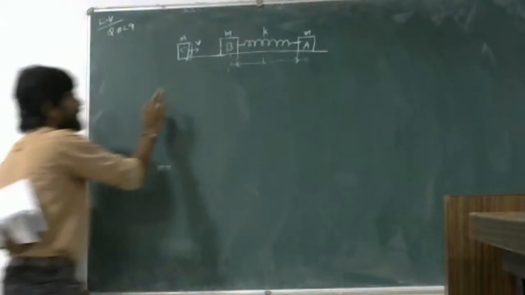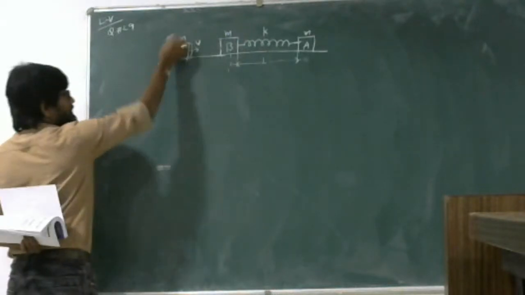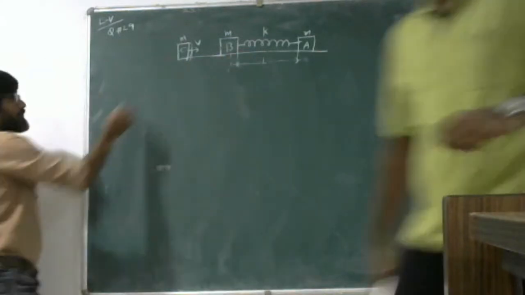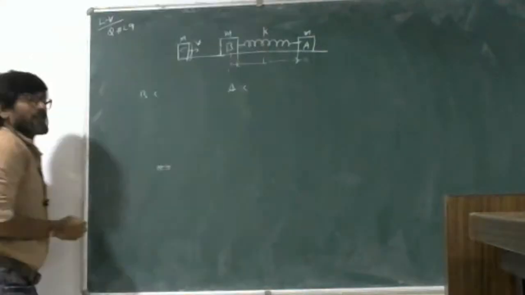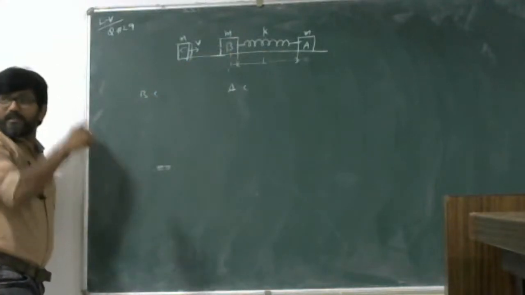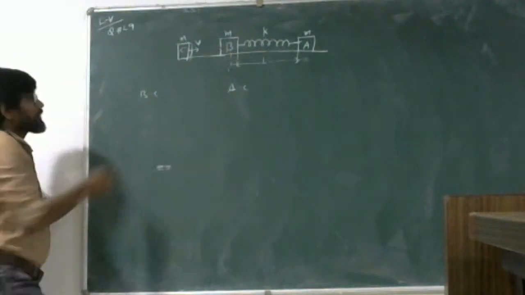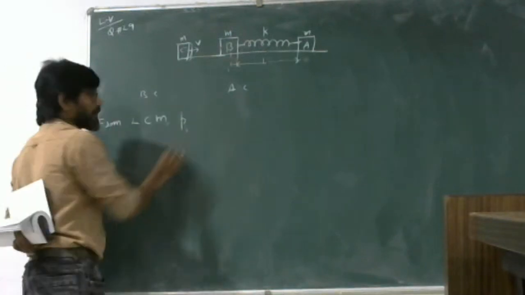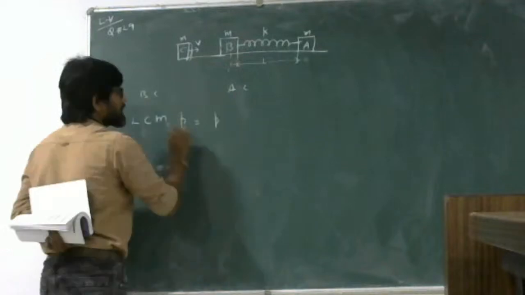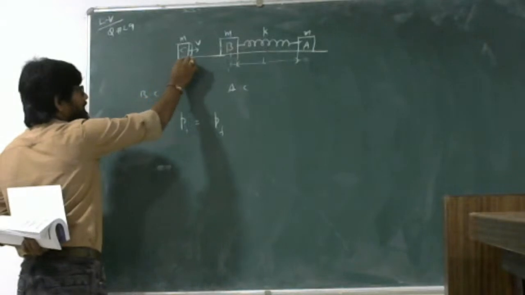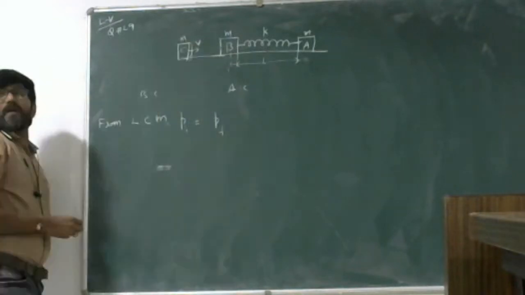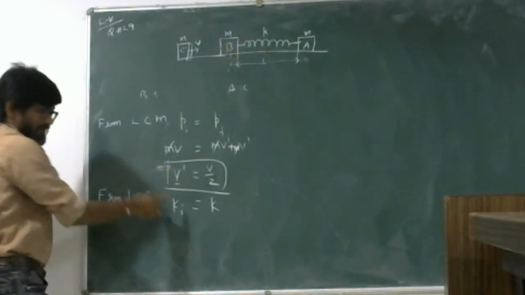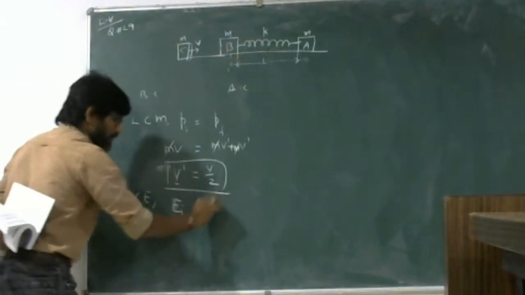So you can say before collision and after collision. This is the first particle, and these two are the other particles. Before collision this is moving, those two are at rest. Three particles, 1, 2, 3. So total initial momentum is equal to total final momentum. Before collision, potential energy is 0 and kinetic energy is half m v squared. You have to take initial energy equal to final energy,